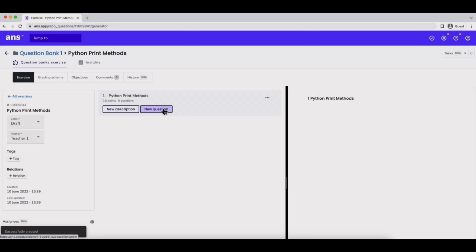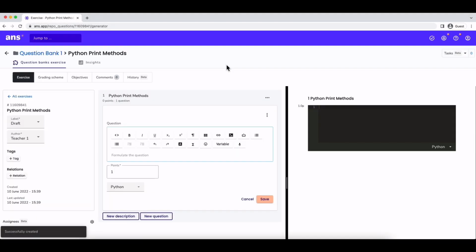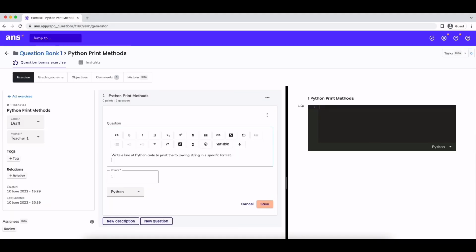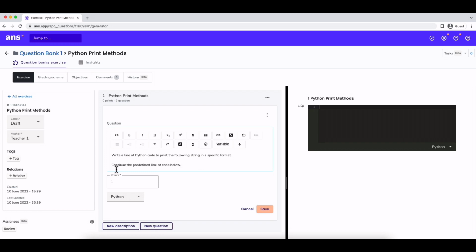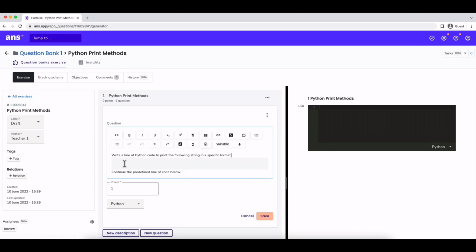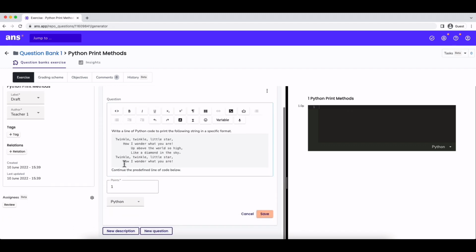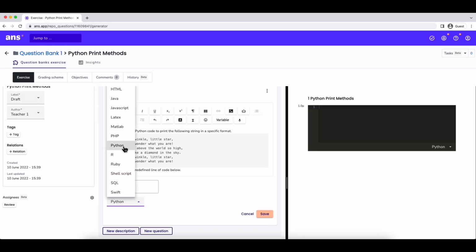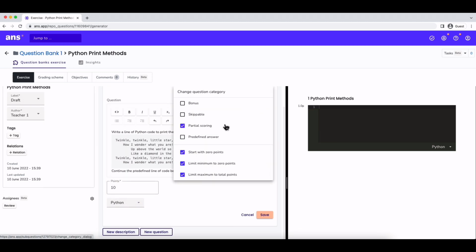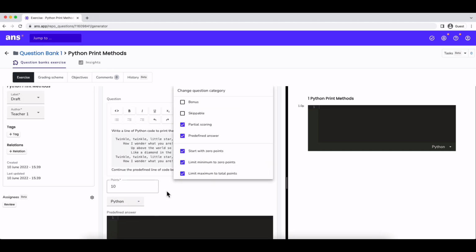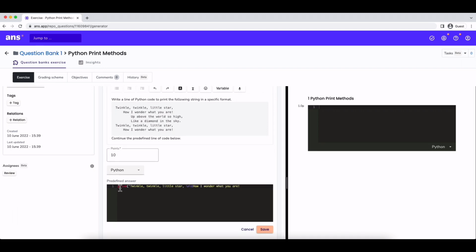Our coding question allows you to write code within the platform, and we support many coding languages. To cite a couple, we have Java, Python, R, MATLAB, etc. You can also insert some code in the question box directly to give some indication on the answer. Here, the question is edited to have a predefined answer on which the student can base its answer.